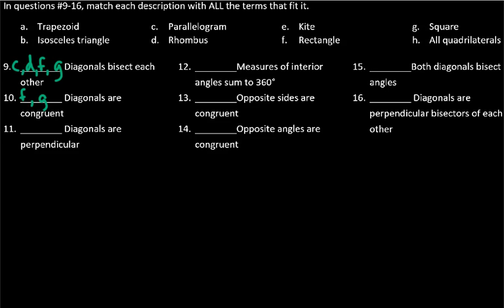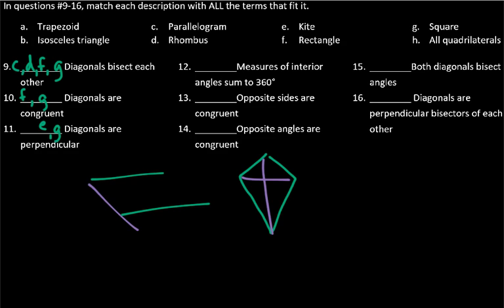Diagonals are perpendicular. Now, that doesn't happen with a rectangle. It does happen with a square. With a kite, those diagonals will always be perpendicular. So we have a square and a kite, and let's see, a parallelogram. So if I, whoops,